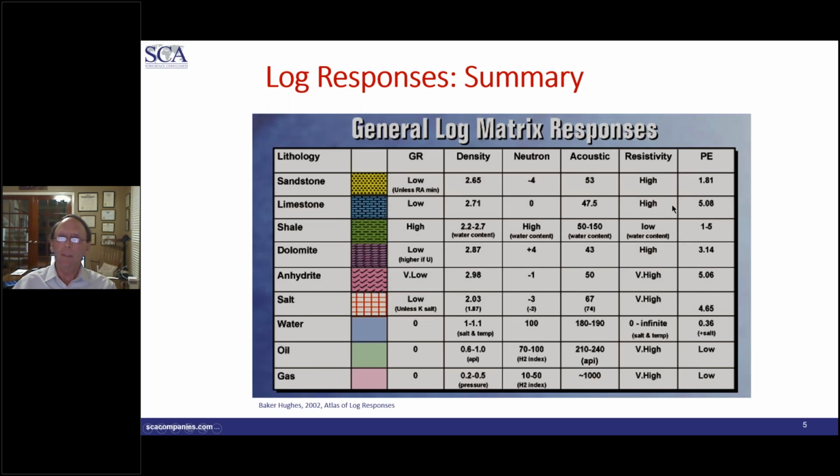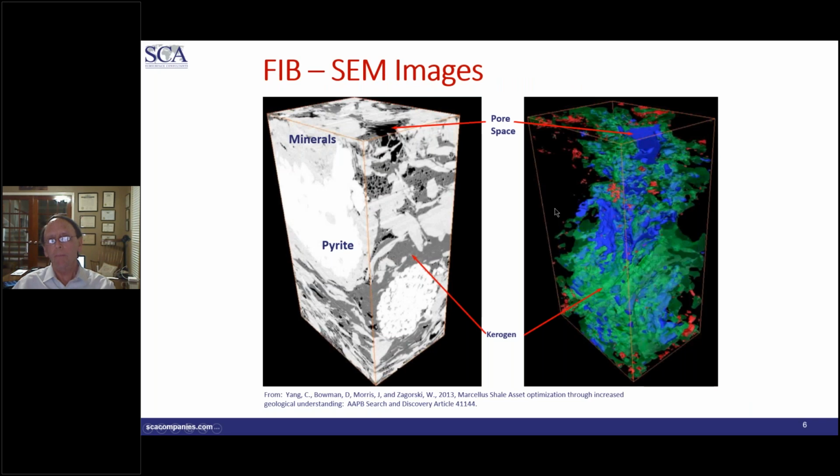Just as a reminder, we have log responses, and this happens to be from Baker Hughes's Atlas of Log Response, giving you a feeling for how the gamma ray, density, neutron, and sonic, and so forth respond to the different lithologies. We also have